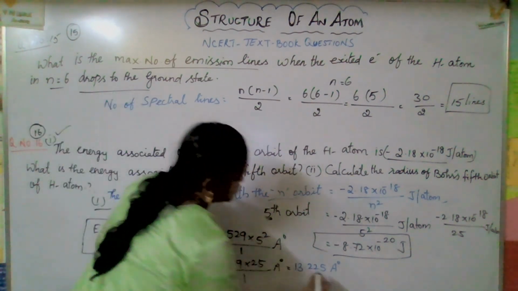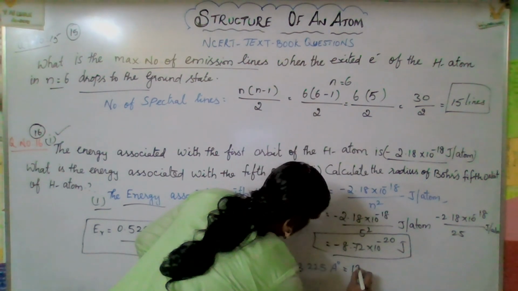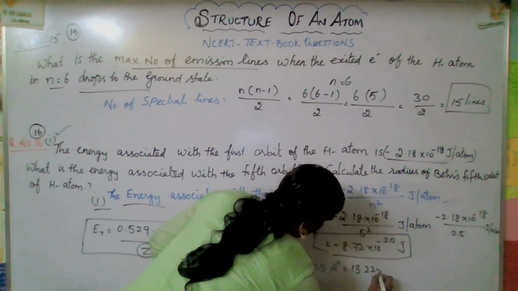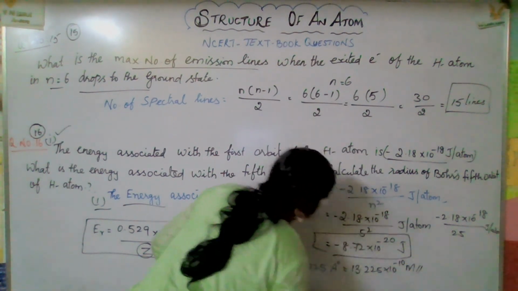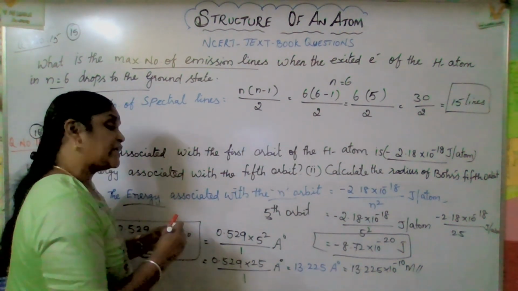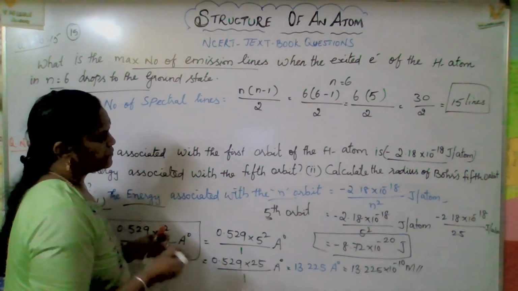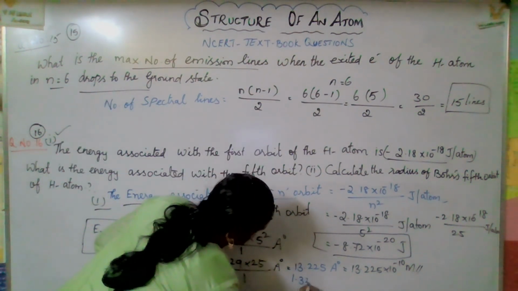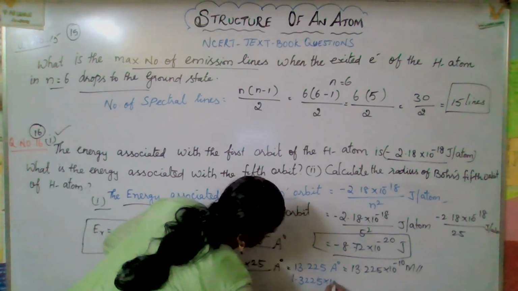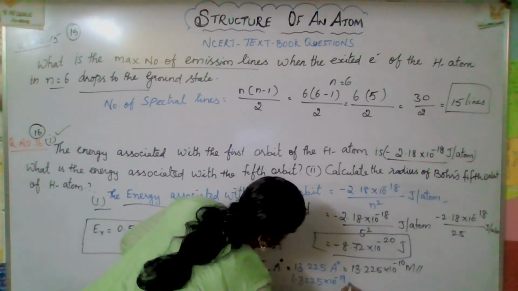So 13.225 Armstrong can be converted into nanometer. See, this is Armstrong, what it is, 13.225 into 10 to the power of minus 10 meter. This is Armstrong. Suppose if we converted into nanometer, how do we convert? 1.3225 into 10 to the power of minus 9 meter,